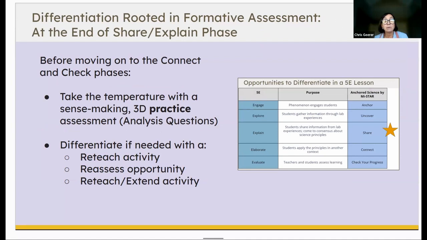Differentiation can be rooted in formative assessment. So at the end of the share or explain, we had an explain phase there for the non-MyStar people. So we have the differentiated readings, but then in the unit or in the lessons that have the embedded assessments, the bigger mid-unit little quizzes, instead of having the differentiated readings, we have the analysis questions, which is